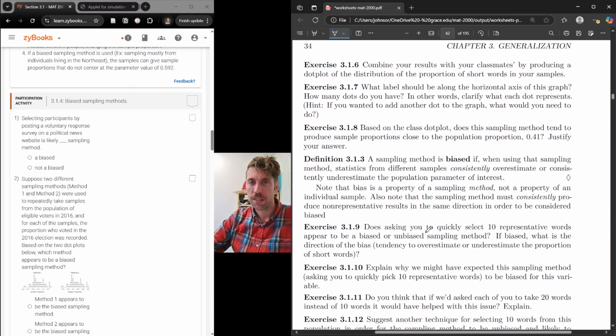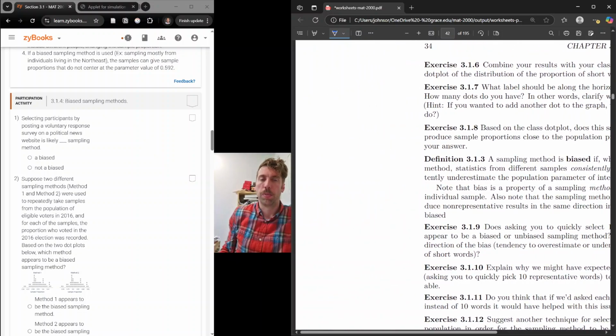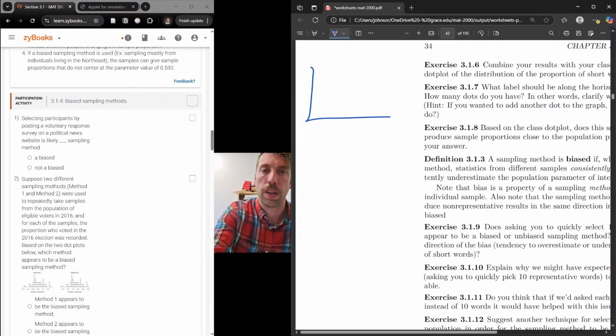Now, number 6, combine the results with your classmates by producing a dot plot of the distribution of proportions of samples in yours. So an example of a dot plot would be something like this. So you might have 0. Oh dear,